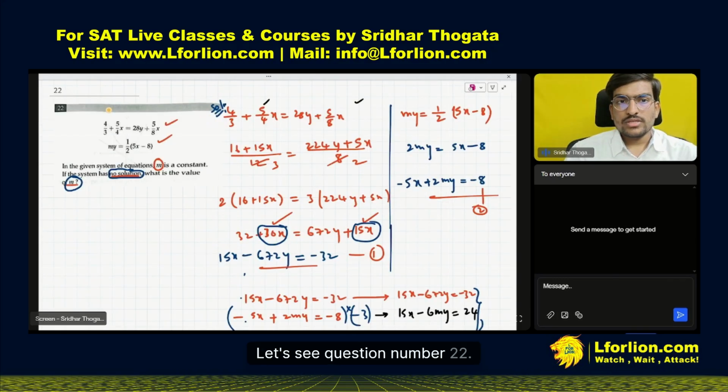Let's see question number 22. They have given two equations to us. In the given system of equations, m is a constant. If the system has no solution, what is the value of